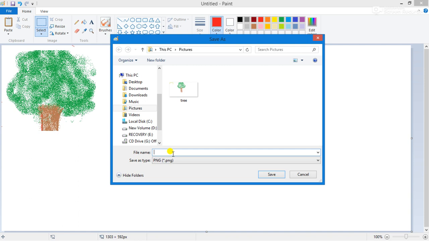There is a tree image already, so I give it a name, half tree. I can use it another time also. So click on the save option. You can save to another place also by selecting here, like desktop, documents, but automatically it goes to the Pictures folder. So click on save.